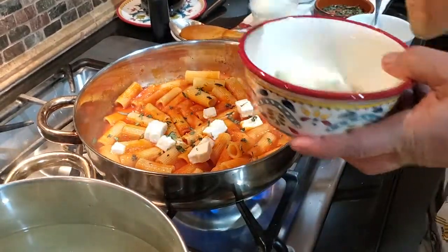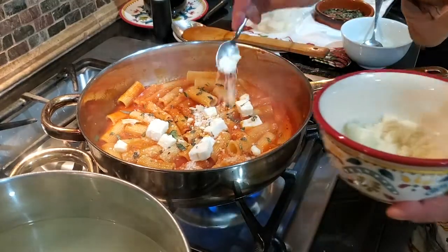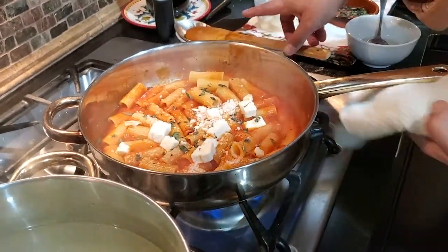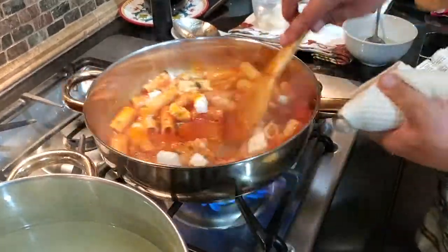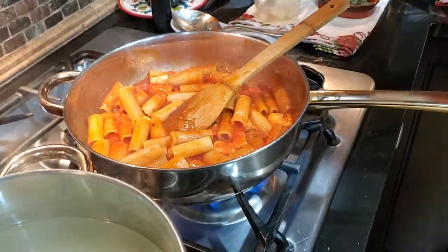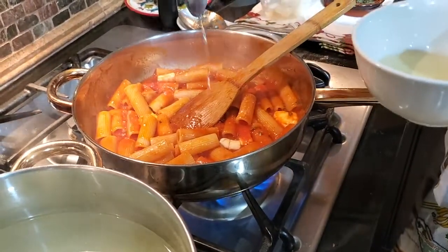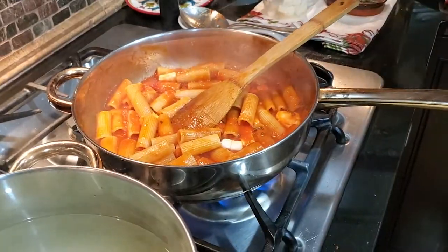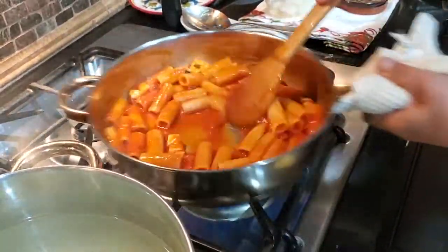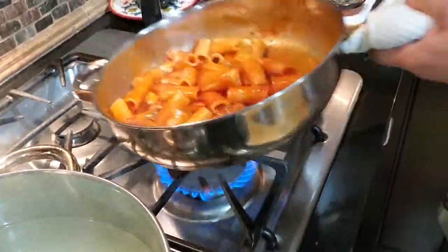A little bit of Parmesan, just to kind of bring it all together. You can see how beautiful this is looking in the pan, right? It's appetizing. And now we're going to stir it up a little bit. I'm going to add a drizzle of extra virgin olive oil. You don't have to do this, but it also adds a nice finishing touch to the pasta. Stir it up a little more, bring it together, like so, toss,